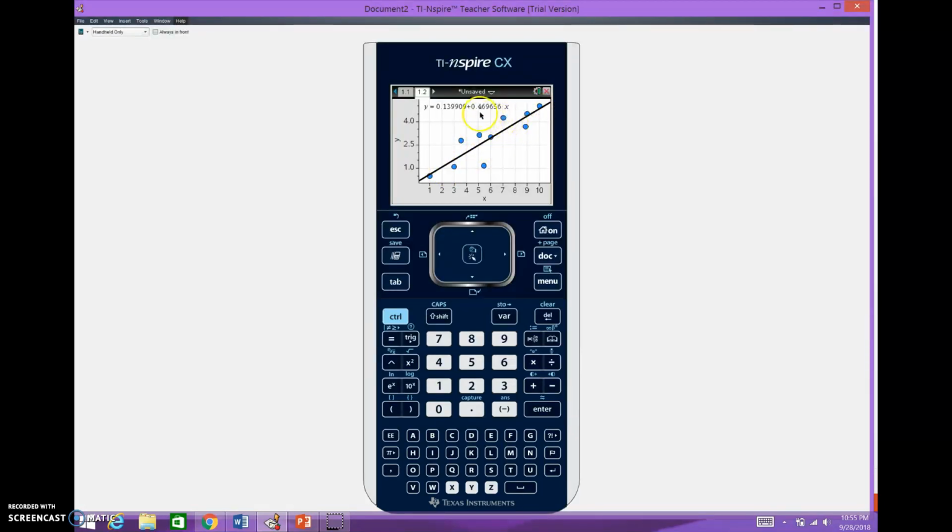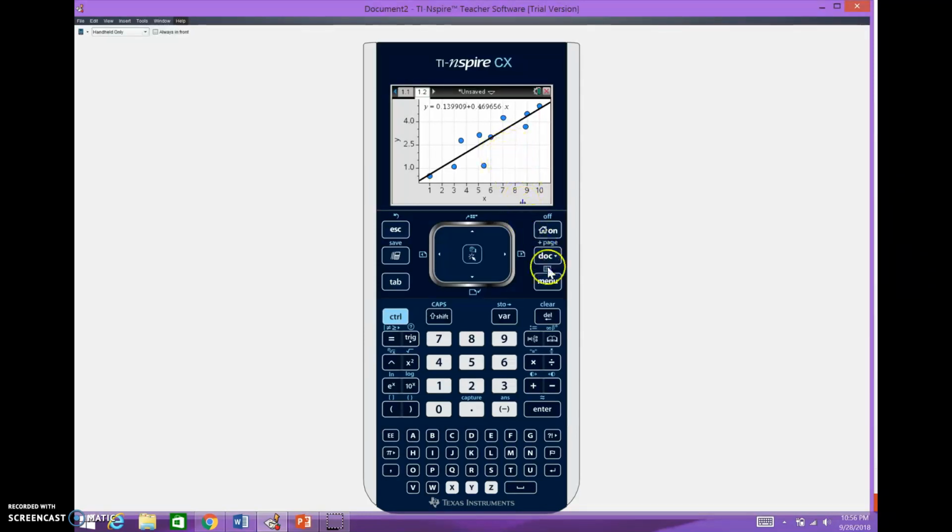Well, the question is, how well does that fit that? Does a line really fit that well? I mean, certainly by our eyes we can look at that and say, yeah, I think so. The dots here are sort of lining up. I don't see any really obvious curve to that, but just to make sure, what we'll do is we'll make a residual plot to help us analyze how well the data fits a linear pattern. And we would just continue with this